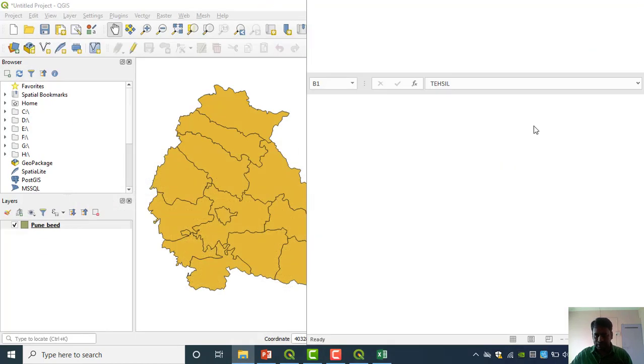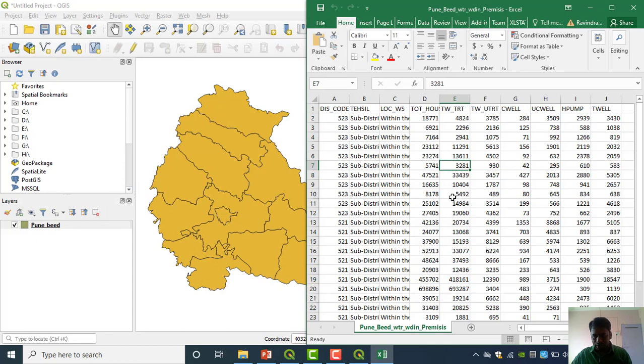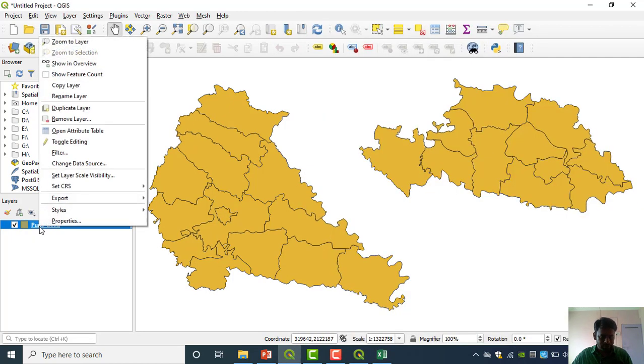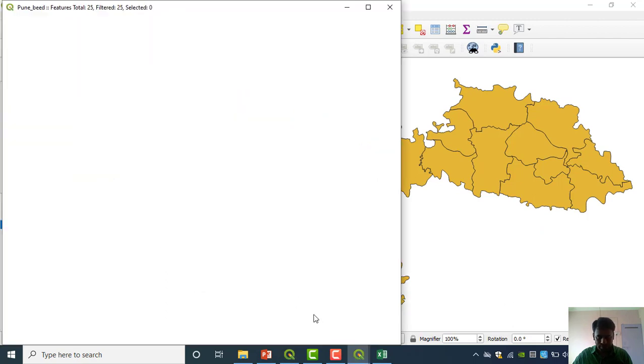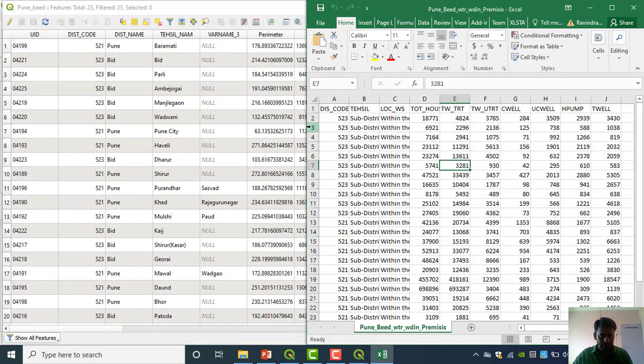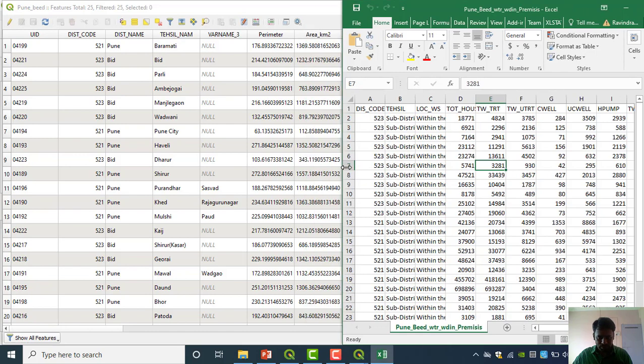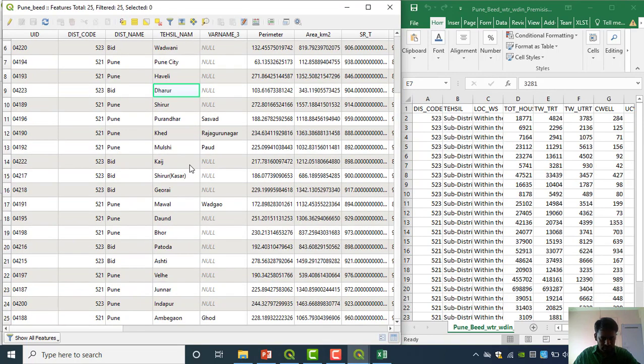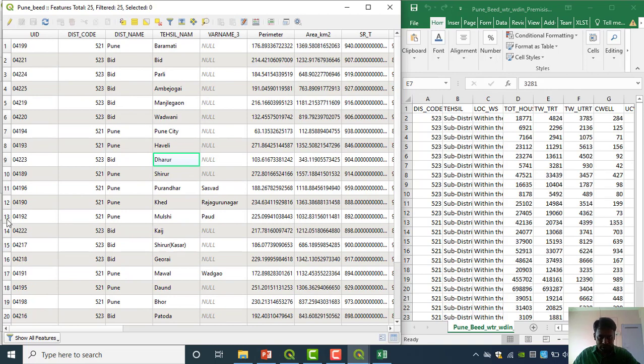I'm just minimizing this. This is our Excel data and this is our attribute data. We'll compare both. Some data is already there and we have to add this data also to it. I'm just checking: 26, 25 rows are there, similar data is there.